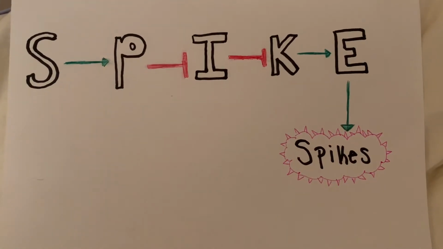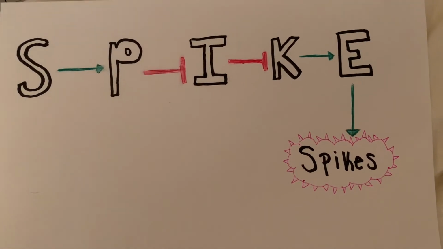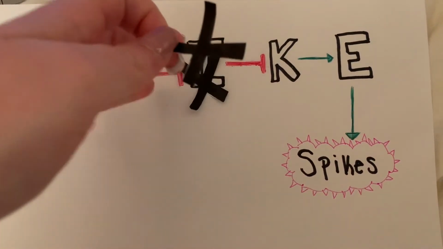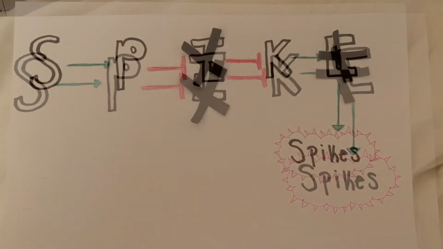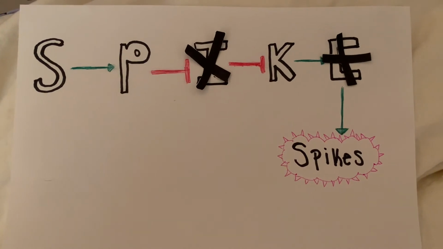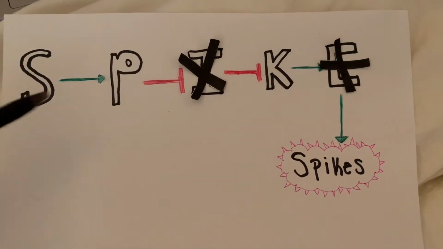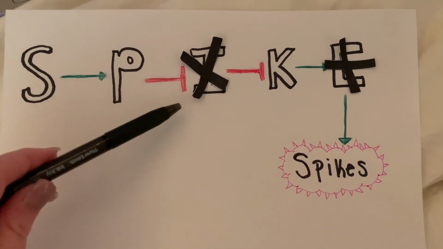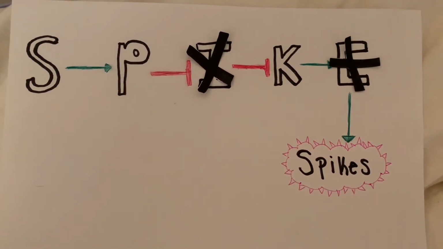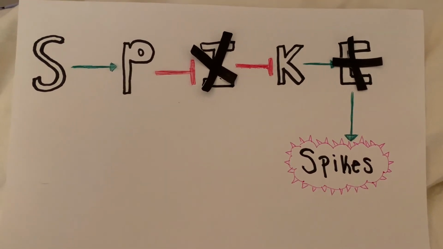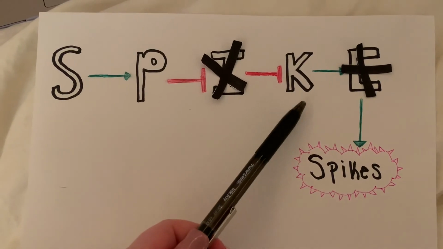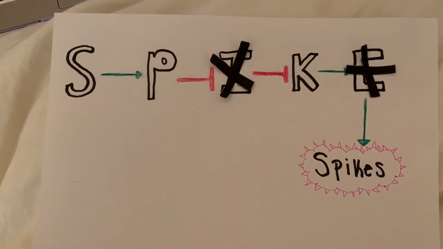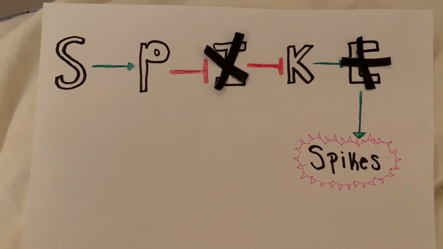Bob was really curious to see what would happen if there were two mutations, so he chose the I and the E for mutations. If the I and the E are both mutated, this would mean the S would promote the P, and the P would not be able to block the I. Because the I is not blocked, this means there's nothing blocking the K. The K is supposed to promote the E, but because the E is mutated, it cannot promote the spikes to